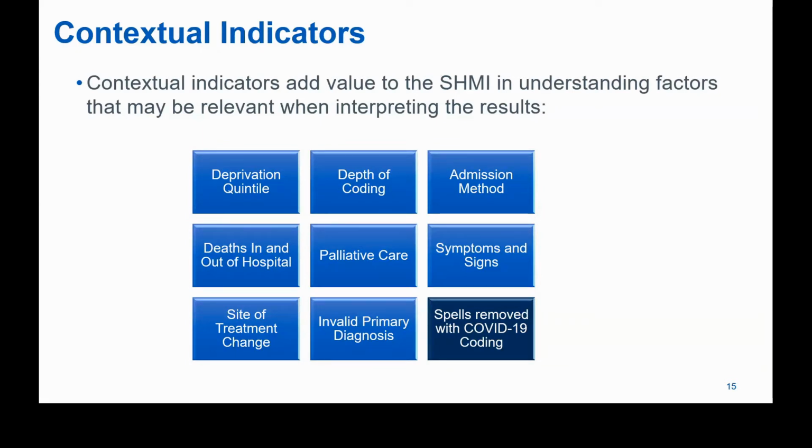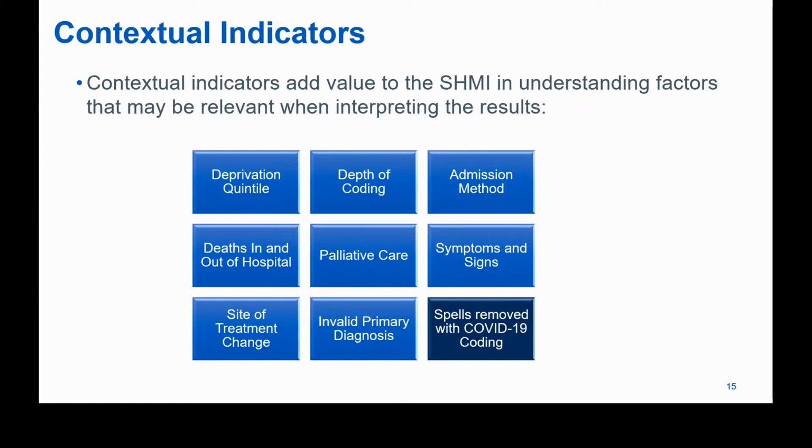So deprivation quintile. So we look at provider spells in terms of deprivation. We look at the depth of coding for those comorbidities. So we might find that, for instance, because one trust is able to gather 19 comorbidities and another trust is only able to capture 12, for instance, that actually, the SHMI value is better for those where we account for more comorbidities. So we record that as well. We look at